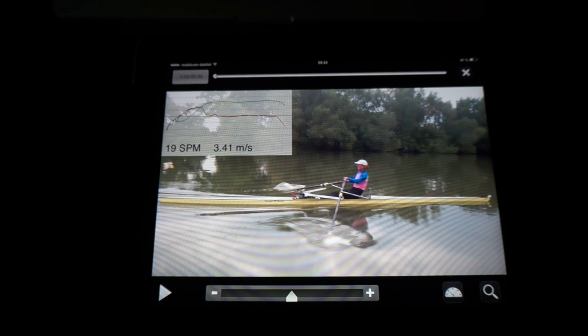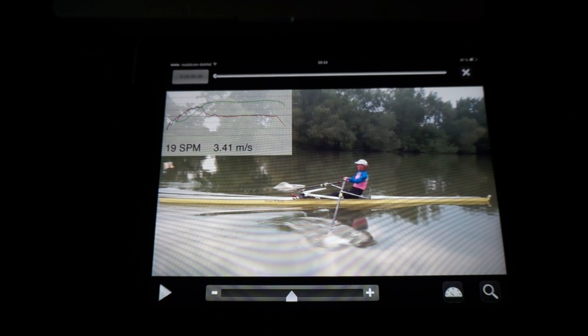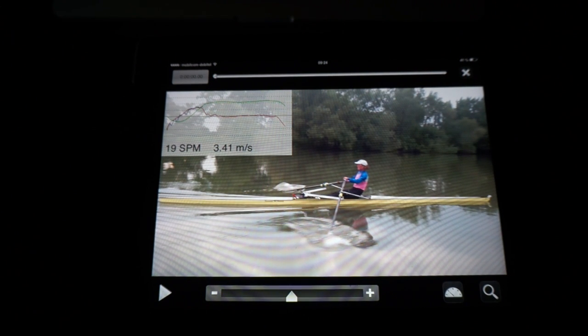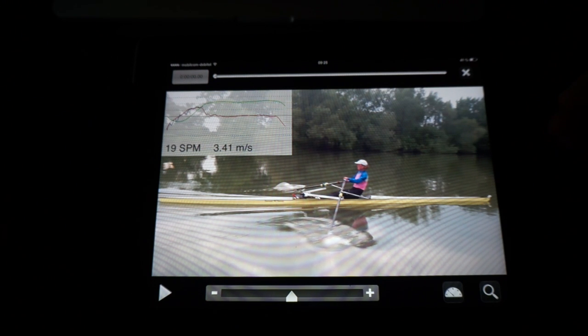That's basically me sitting in the motorboat and then using our app to film this video. What happens there is that the app automatically synchronizes the image from my iPad's video camera to the data that we receive live from the boat. And then the video image and the data is automatically merged together to create one of those videos. So that's really cool to visualize what these acceleration graphs mean and which part of the stroke the boat